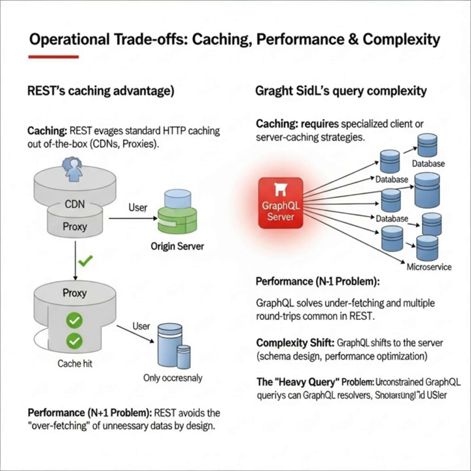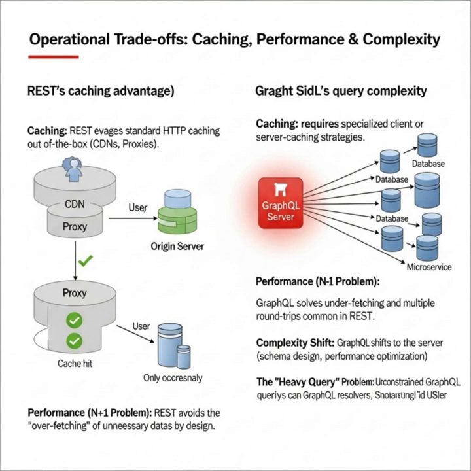GraphQL, typically tunneling everything through a single POST endpoint, bypasses this entire layer of infrastructure. Caching in GraphQL is absolutely possible, but it moves the responsibility. It becomes a client-side concern, often managed by libraries like Apollo Client or Relay, or requires server-side solutions like persisted